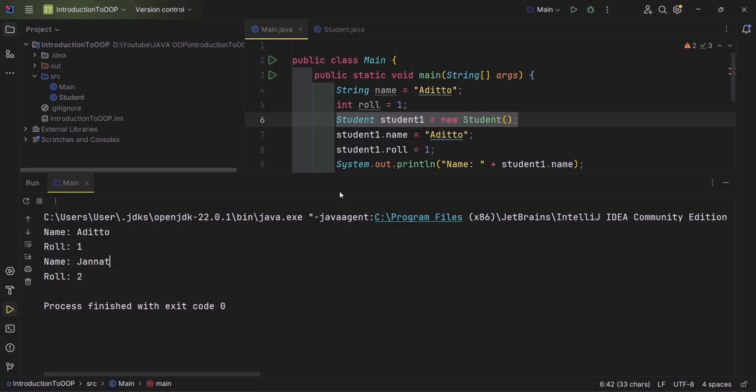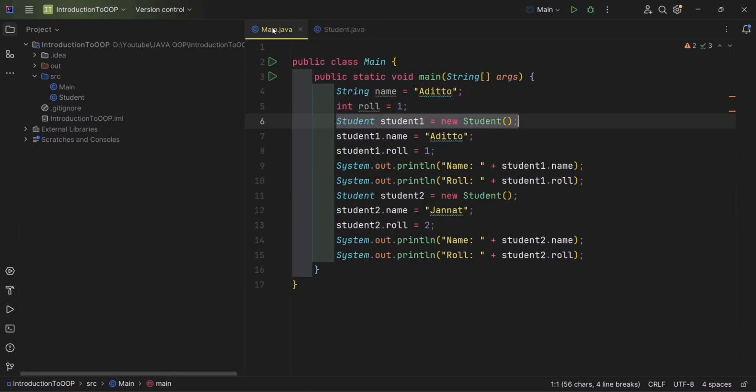We can easily create many objects from the same blueprint or the same class, and each object stores its own data independently. So even if we have 50, 100, 200 students, we can easily manage all the students from the same class or the same blueprint instead of creating dozens of